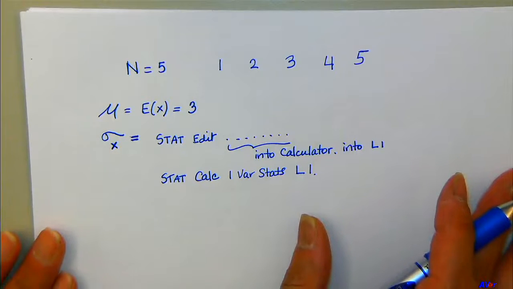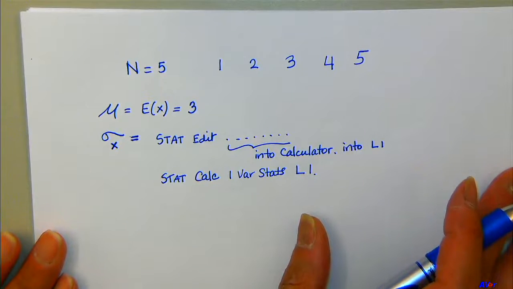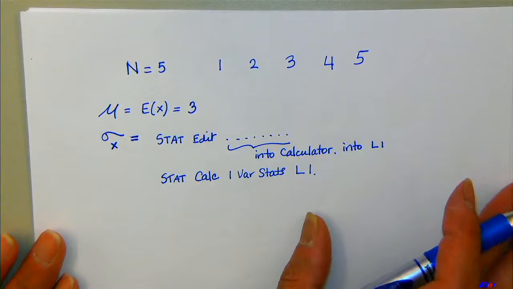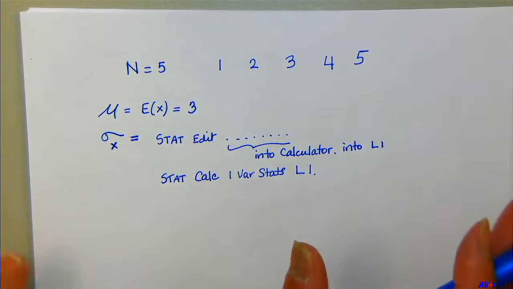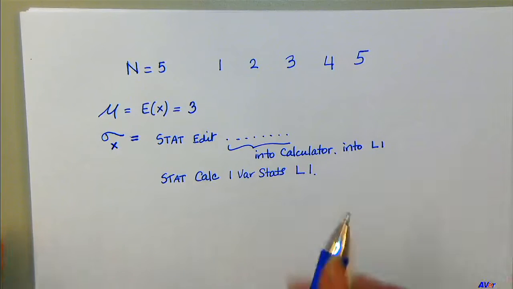That turns out to be something, right? You'll figure that out. I would like to now take samples of size 2 from this population